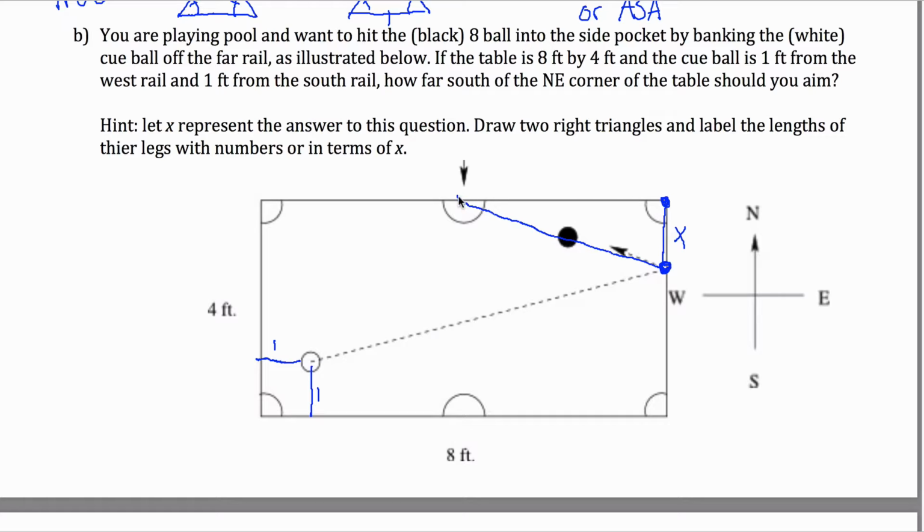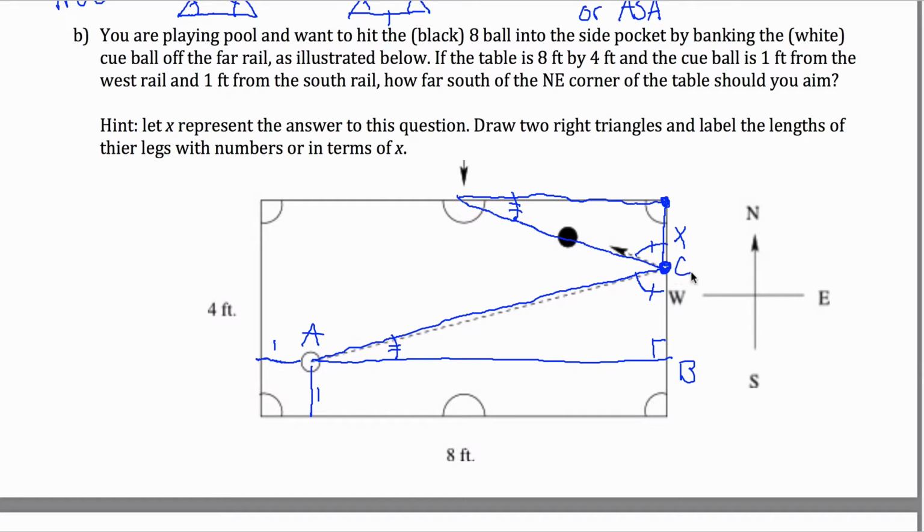And the idea with this problem is to recognize that you have similar triangles. Because the ball is going to bank off at the same angle that it came in at, this angle right here must be the exact same as this angle right here. And so if I draw this triangle, I have a right triangle, and if I label this as 1, maybe I can label this as 2. Note that up here I also have a right triangle. If I label this as 1, then this right here must be equal to 2. So if I go putting some names on these, maybe this is A, B, C, D, and E,